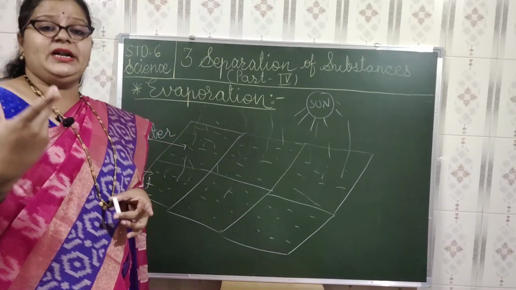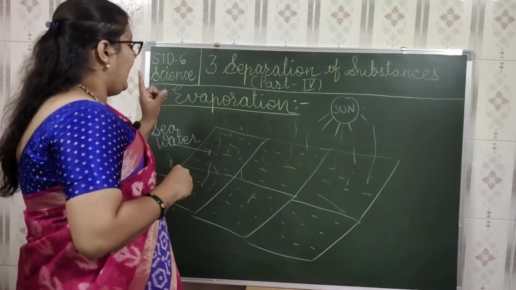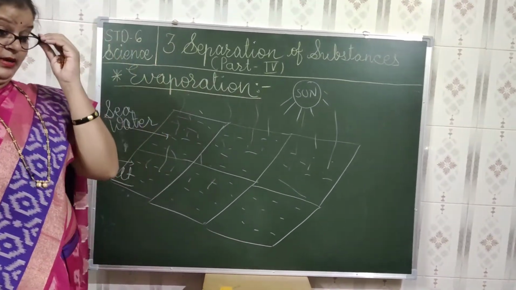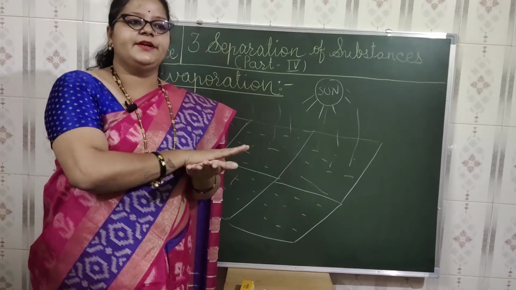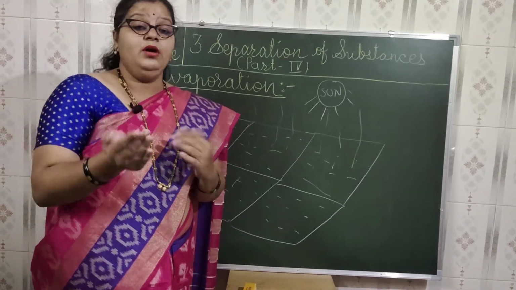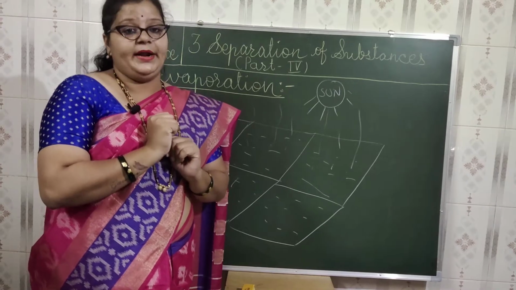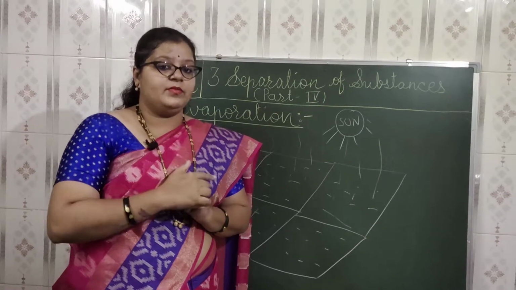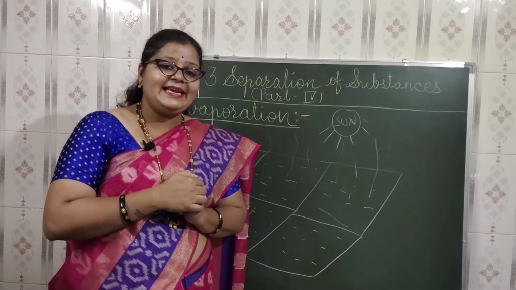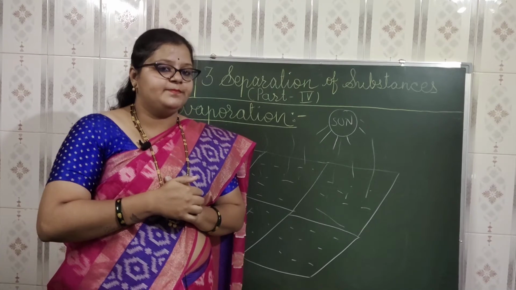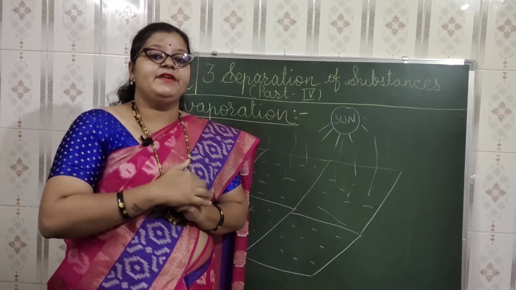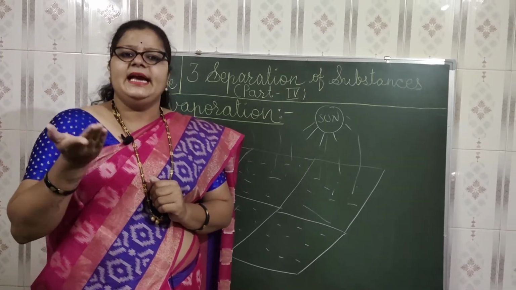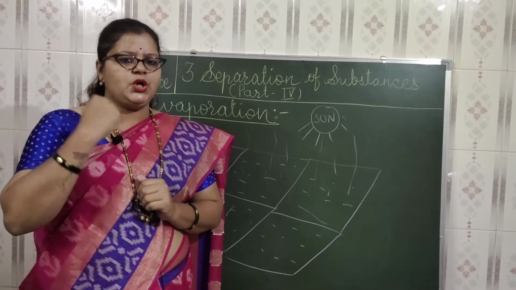So this is how the salt is obtained from the sea water, and that happens due to the process of evaporation. Now, just recall from the last video what we have seen. Earlier, what did we do? Yes, we separated mud from the muddy water. Was the mud dissolved into the water completely, or were you able to see the mud? Just think. Yes, we were able to see the mud. It was not at all dissolved completely because mud is an insoluble solid.